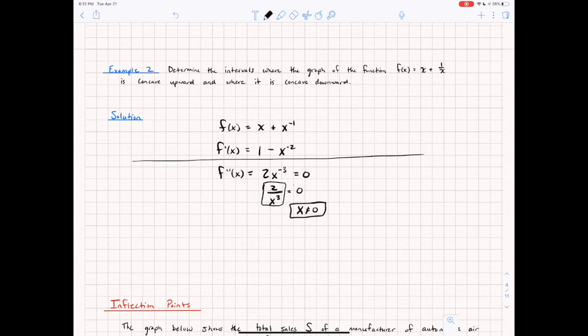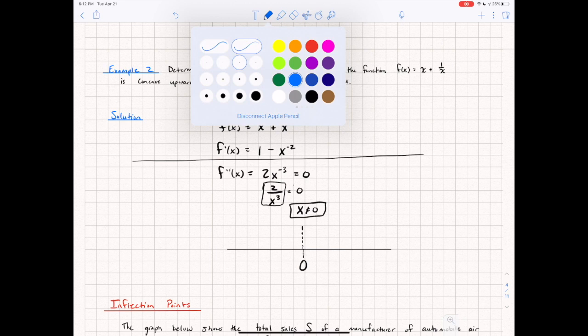This is still a value here because x can't be 0. It's going to break up my number line. And so it's something that I want to mark, since the second derivative is neither going to be positive or negative there because I can't plug in 0 to begin with. For applications of the first derivative, I used a dotted line. I'm going to do the same thing here. In the original graph, this point right here would be marked by a vertical asymptote, so it has to break up concavity somehow. And so to figure out what that would be, again, we're going to pick test numbers,